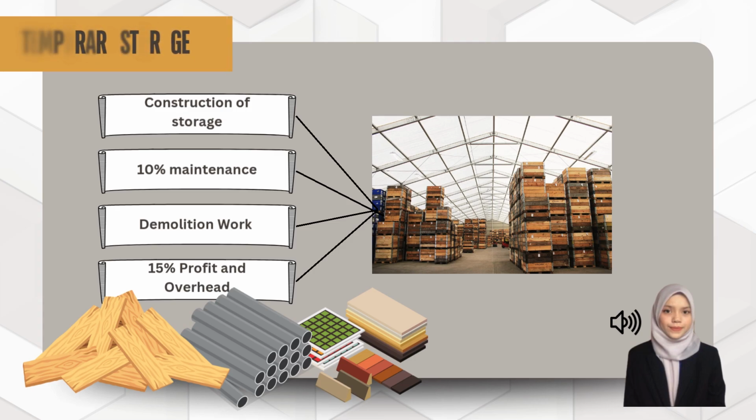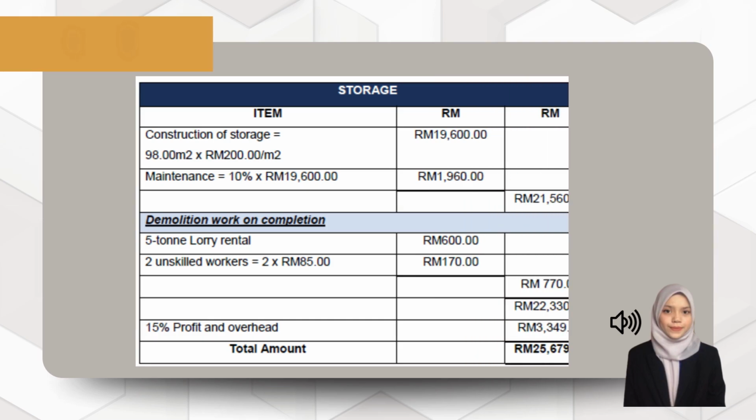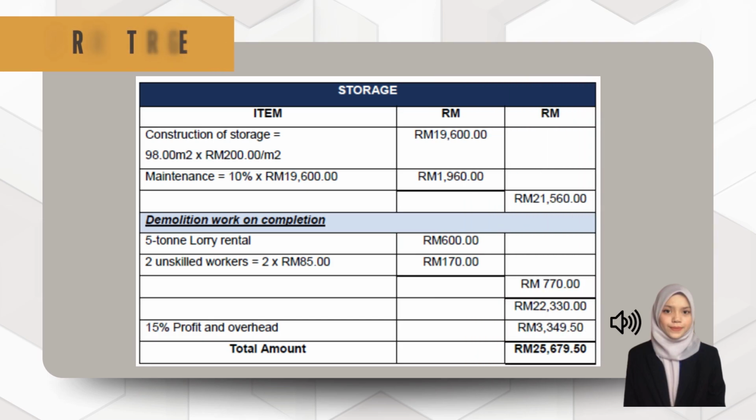As stated on the slide, temporary storage contains 4 components. The first one is the construction of the storage, 10% maintenance, demolition work, and profit and overhead. These storage spaces are essential for keeping the site organized and protecting material from environmental elements, stealing, and destruction. So here are the build-ups for this storage. The cost for construction of storage will be added with the cost of demolition work, and then to the total we add the profit and overhead at the standard percentage, which is 15%,